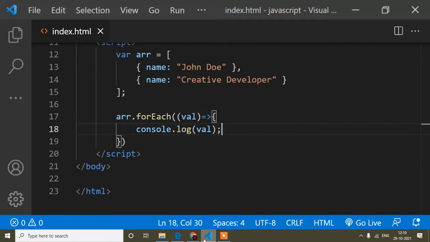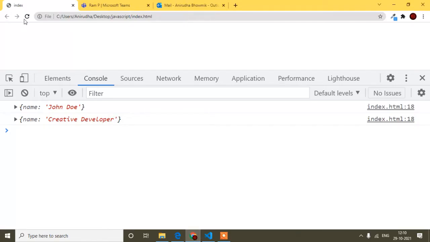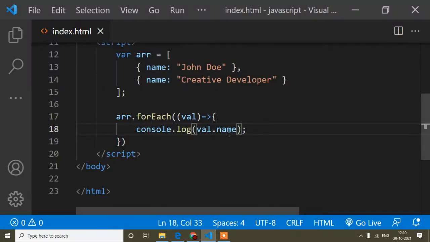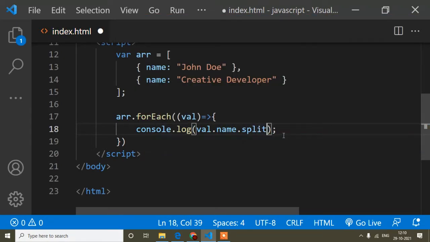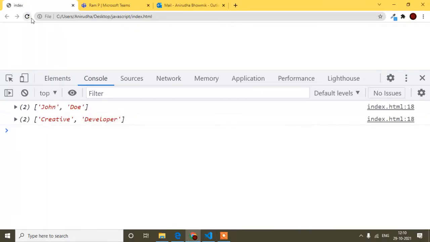If I write only value dot name, I'm getting only the names: John Doe and Creative Developer. So from this, I will create an array with split, this way. Let's see what output I will get.